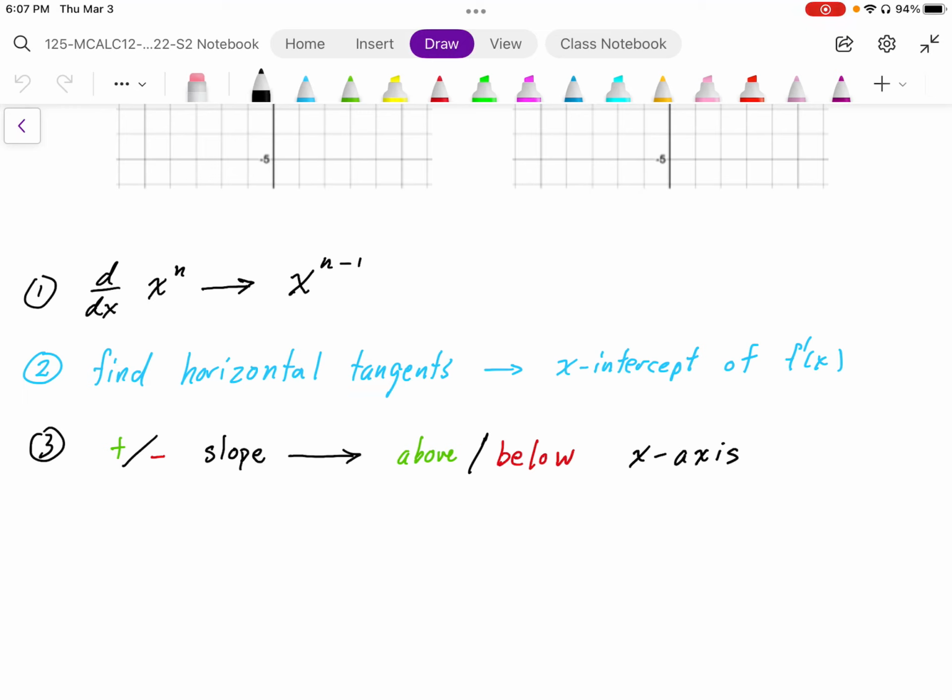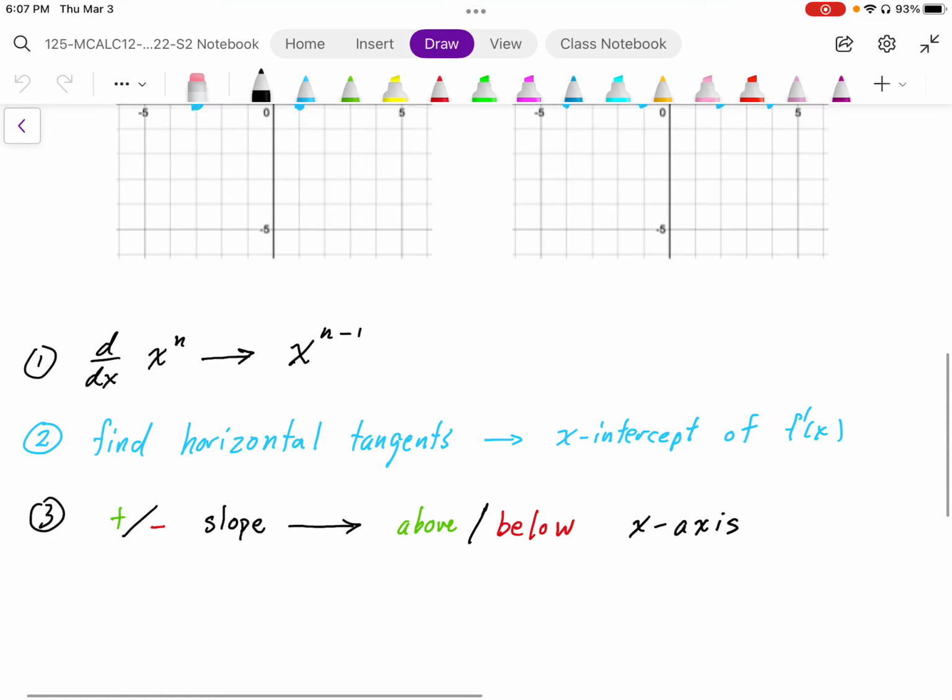the 0, the x-intercept. The other part is if we have positive and negative slope on the graph, on the f prime graph, we should be above and below the x-axis. Okay, so positive slope means we have positive y-coordinates of the derivative, and negative slope means we have negative y-coordinates